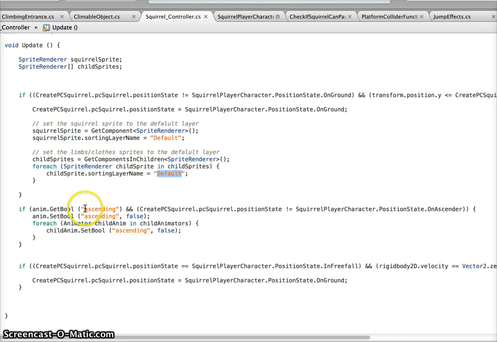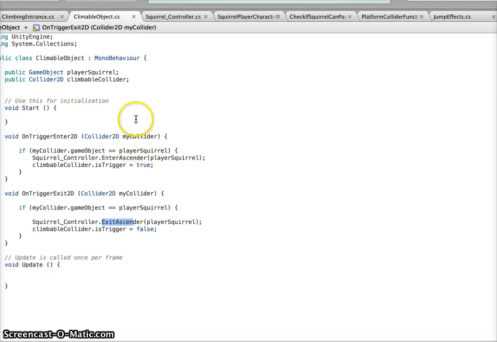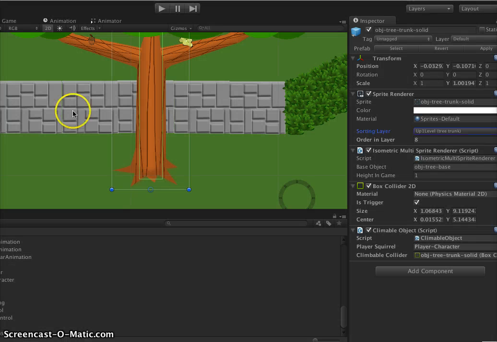And if the squirrel leaves the ascender, but is still marked as ascending, this turns off the ascender so that the animation can return back to the normal running. And then here is where it detects whether the squirrel in a falling state has finally hit the ground. So it's looking at the velocity to see if it stopped moving. Okay. And that's the parts of